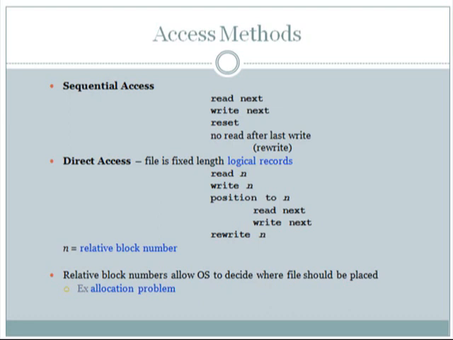This is a pseudocode showing how the access methods are used for accessing a particular type of file. Now there is another access called direct access, where the file consists of fixed length logical records. The direct file organization provides convenience and efficiency of file processing when records are accessed in a random order. To access a record, a read or write command only needs to mention its key. Hence, access to a record is independent of which record was accessed prior to it.